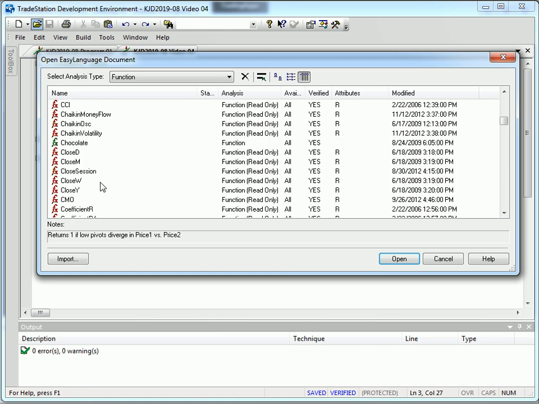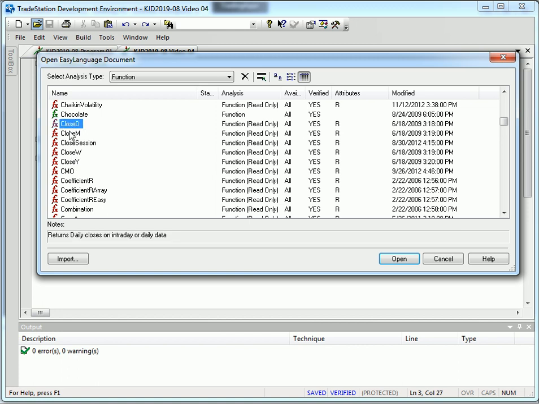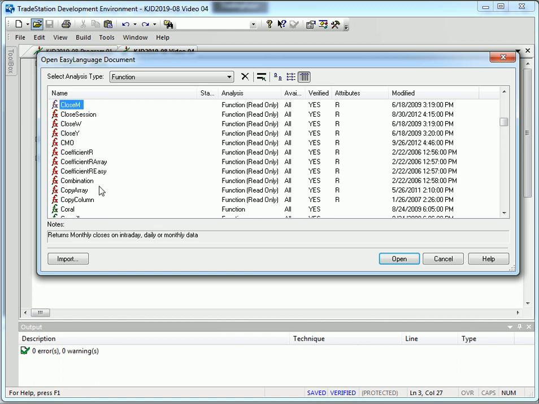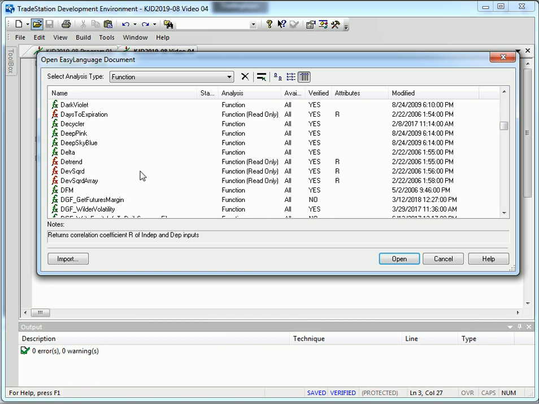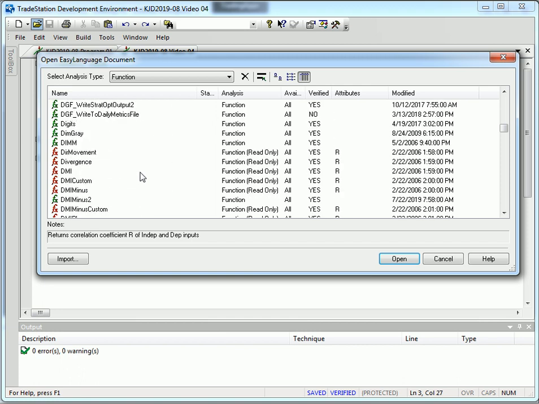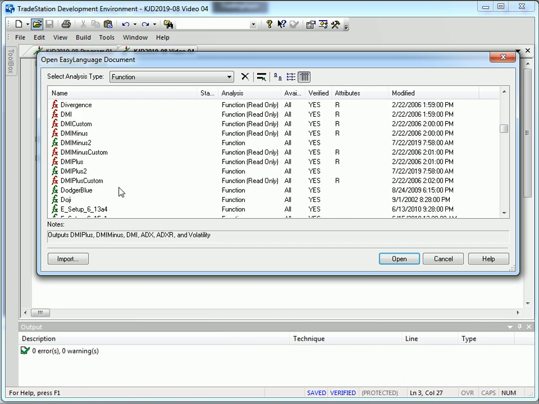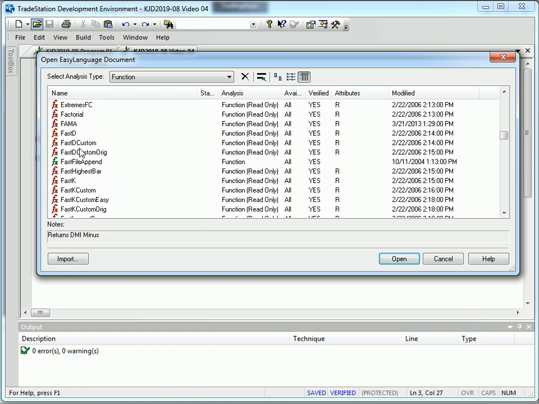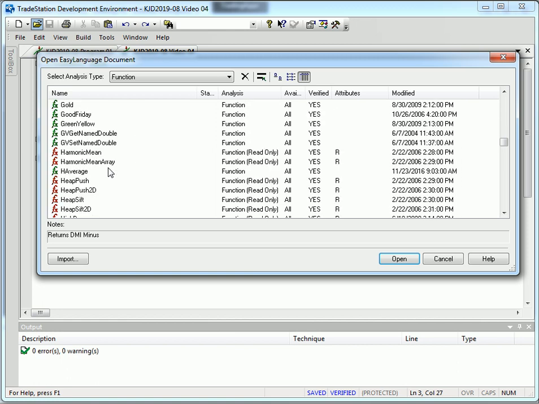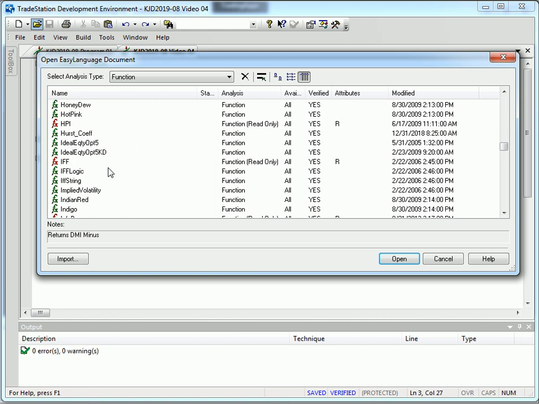We've got the close of the day, of the month. Those are special ones. You got R coefficients. You've got a lot of other ones in here too. You just have to go through and look at them. You've got directional movement indicator, the DMI. There's the ADX. There's stochastics. There's all sorts of functions in here, and pretty much any